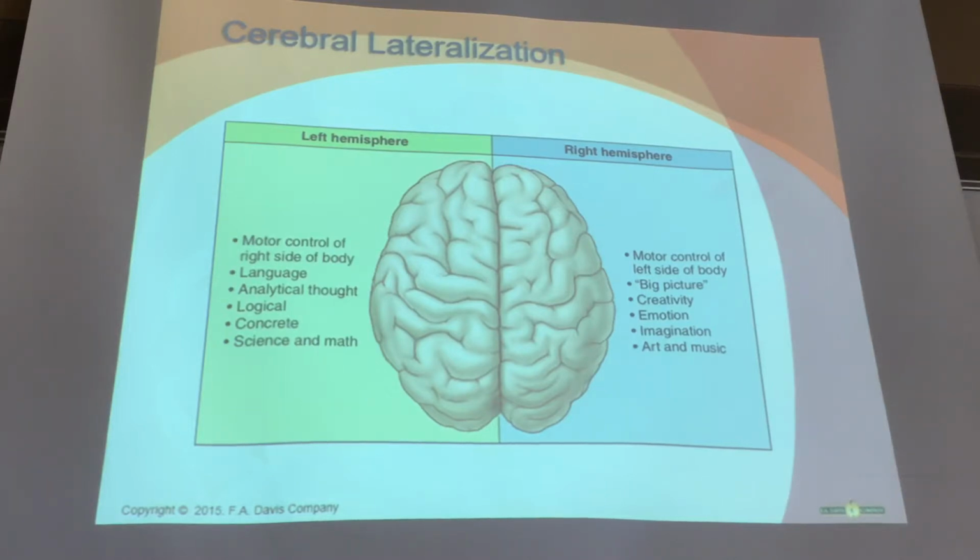The left hemisphere of your brain is considered more analytical. It focuses on language, the types of reasoning that is used in math and in science. It's your analytical brain. And then your right hemisphere is more concerned with creativity and spatial ability. This is your artsy side of your brain. You got your science and math side, and then your artsy, dreamy side. And the two hemispheres communicate together through the bridge called the